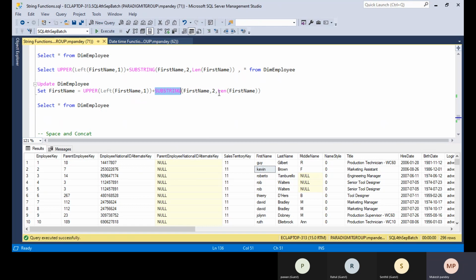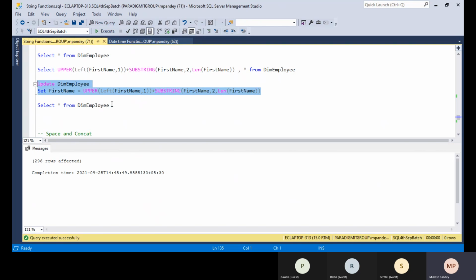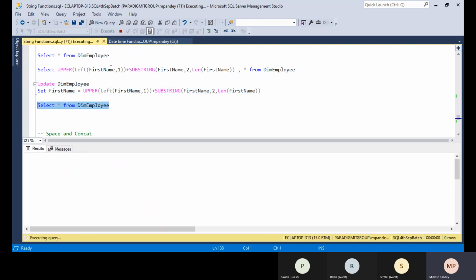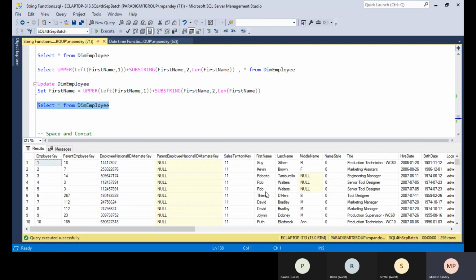And for how many characters, we just take the total length. So if you update this value, now you can see the value got updated with the first character capital and the remaining small.